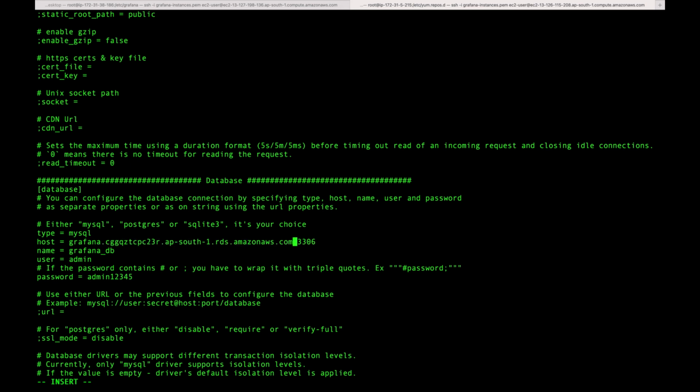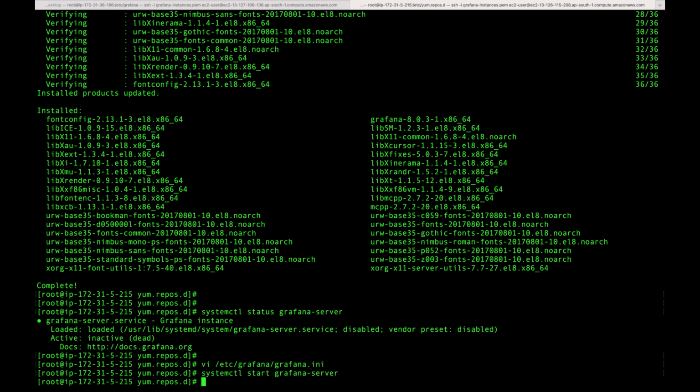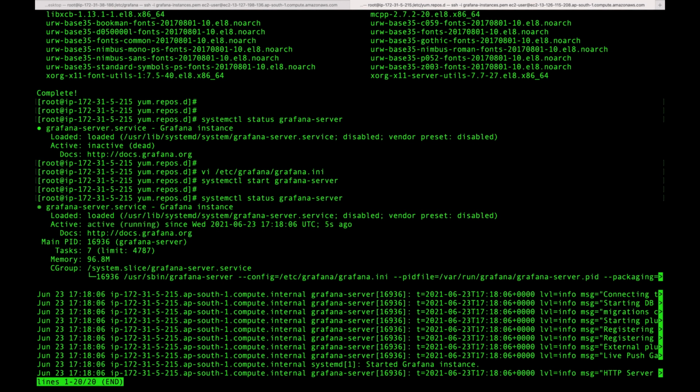All set. We'll save and exit, and then let's start the Grafana service. Start. Now let's check the status again. Okay, so Grafana is running on this machine.